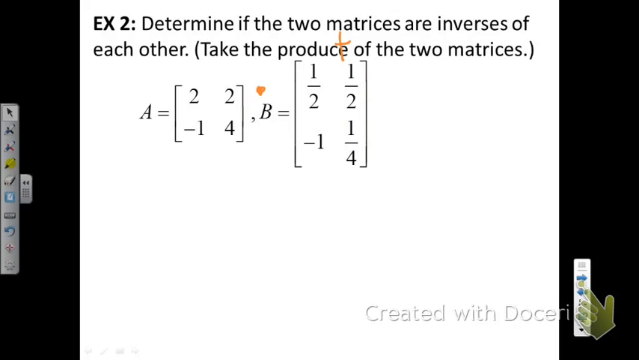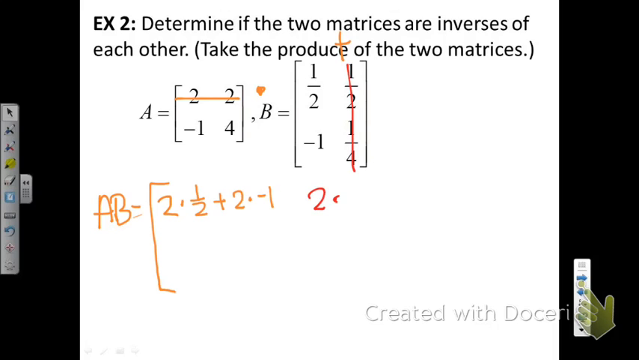So to multiply AB together, you're going to take the row by the column and multiply those values and then add them. So we take 2 times the 1/2, and then we're going to add the other 2 times -1. Now we're going to take that row by the second column, so this column, and you take 2 times 1/2 plus 2 times 1/4,